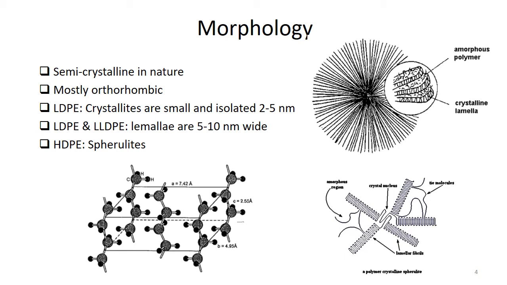But when we talk about high density polyethylene, the packing or the crystalline order is so much developed that these lamellae arrange themselves in the form of spherulites. That is the uppermost diagram in the slide. On a large scale, lamellae are organized to form spherulites, the perfection of which increases with the degree of crystallinity.